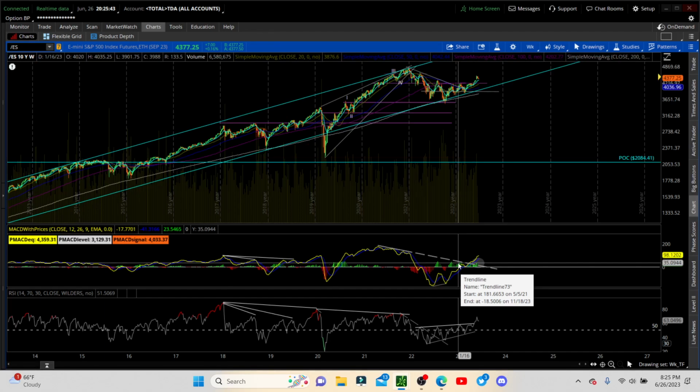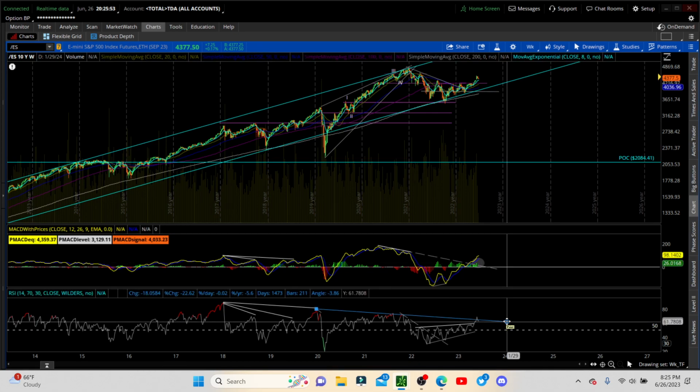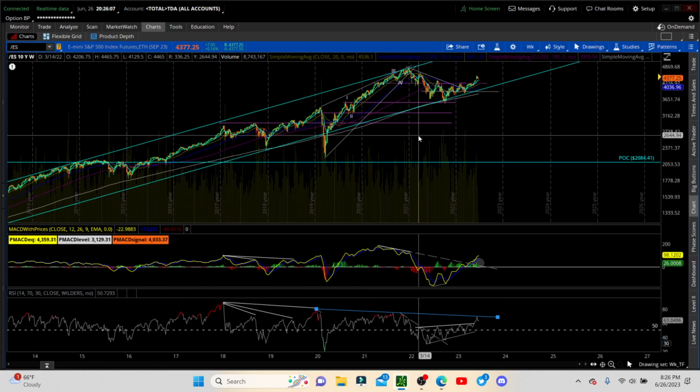We do have a resistance zone here that we're keeping an eye out. That's not divergence from right here. I'm extending that, and it's a downtrend line. So we're looking at some sort of resistance at this point. And so again, we're looking for the pullback, and yeah, we'll be looking at the zone.